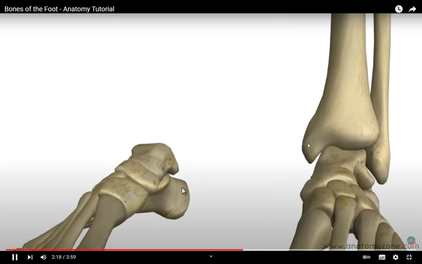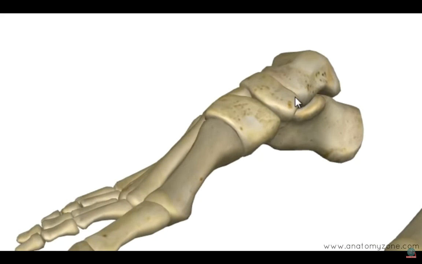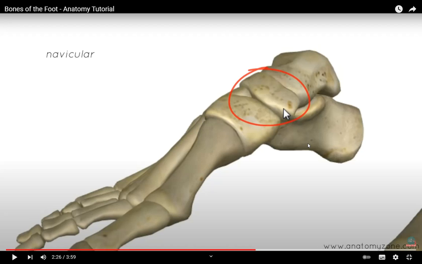And the talus bone articulates below with the calcaneus, and anteriorly it articulates with the navicular, the intermediate bone. 距骨与其下方的根骨相连，它的前部与位置居中的足舟骨相连。